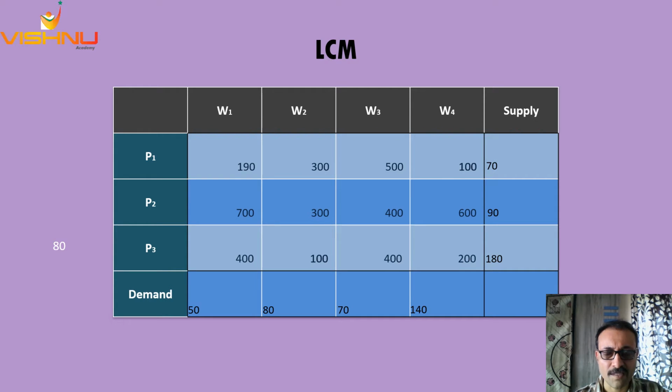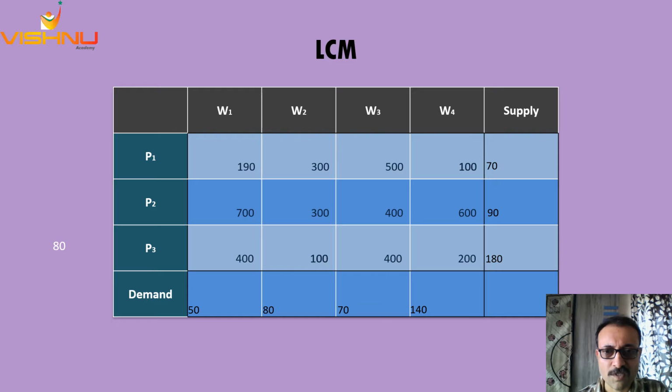So under the LCM method, I'll just give you a brief about what this method is all about. Least cost, as the name suggests, we identify that particular cell on priority which has the least cost. Once that cell is allocated to, we repeat the same exercise: identify the next cell with the least cost again out of the remaining cells, and so on till we reach the end. Stay with me so you'll understand it better.